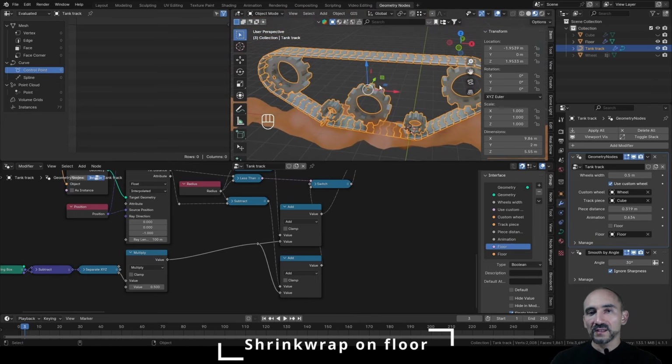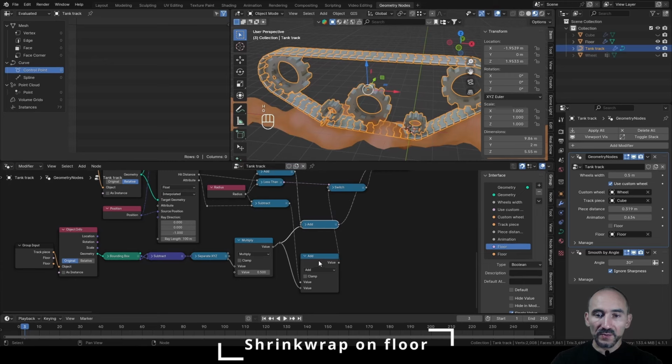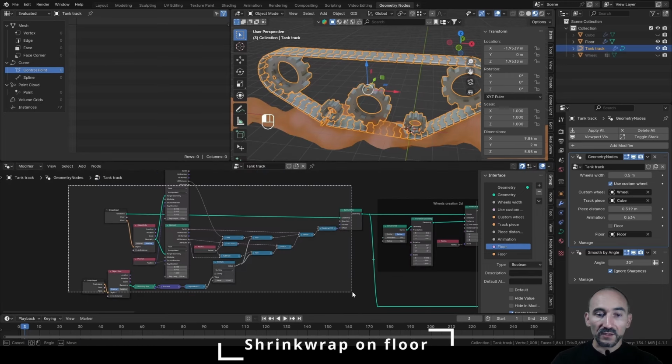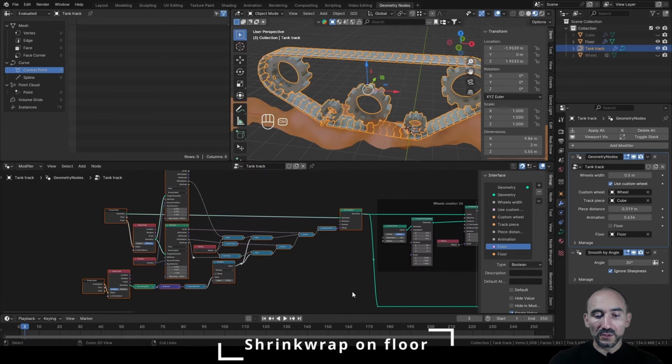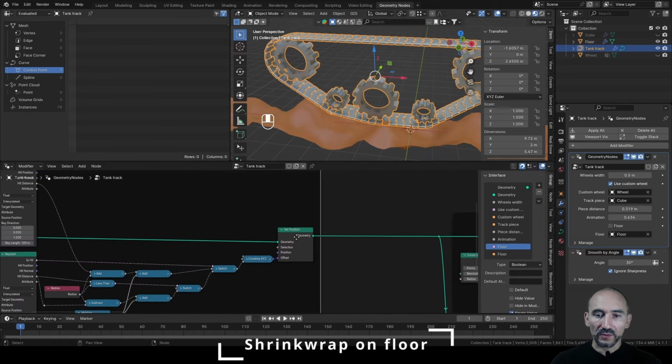And it's obvious this happens only if the length of this curve changes. Otherwise, you don't have any issue. We can press H to collapse, H to collapse. We can select all these new nodes, Ctrl J, F2, floor, and finally we need to control the switch we